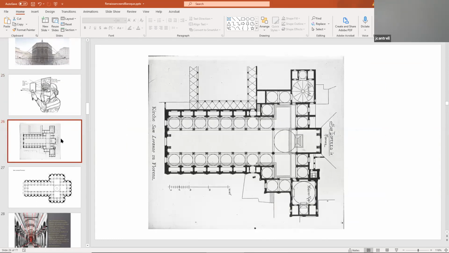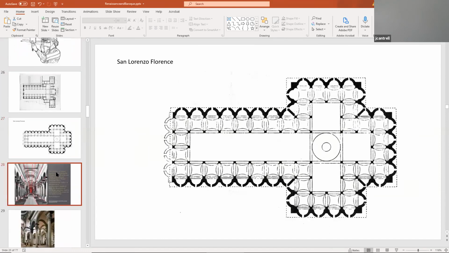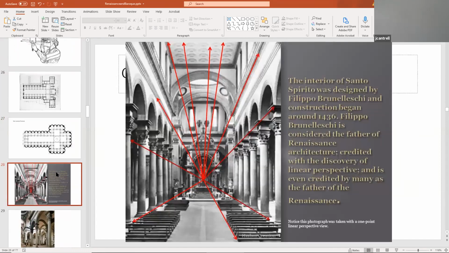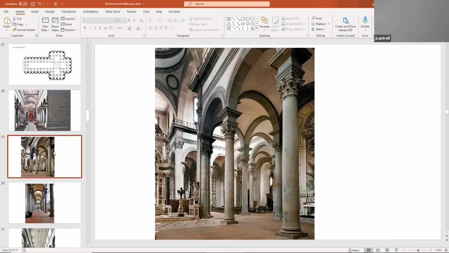Here's some other, if you look at his, I think, San Lorenzo in Florence, you can see an incredible plan of columns. The structure of it is just remarkable. Of course, you're seeing an imagination. You can see somebody that really was devout to learning perspective, because the nave is a perspective quarter. You have to be able to draw perspective to really create and design something like this. And of course, here is Brunelleschi's incredible Corinthian capitals, but look how thin the columns are, and the arches and the dome above that are huge structures.